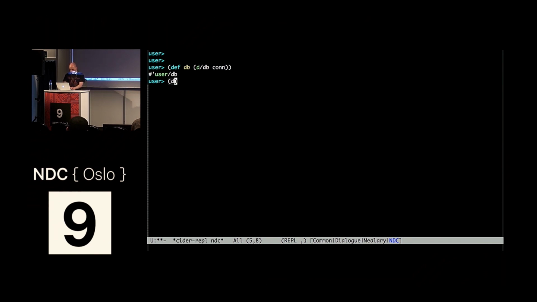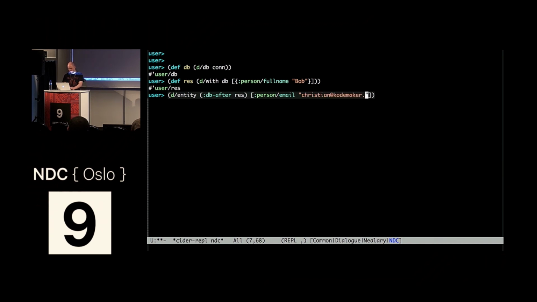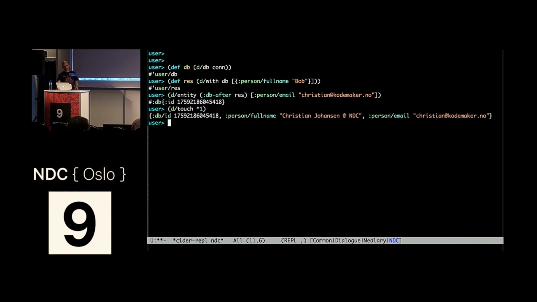So I could say with, I'll just do def res here. And so with this database, please apply this transaction data, person, full name, Bob. And then we could pick up the entity, for instance, from DB after salt, and then person, email. Shouldn't have such a long name. Okay. And this API here can be useful for